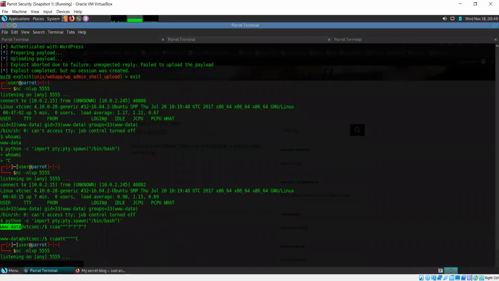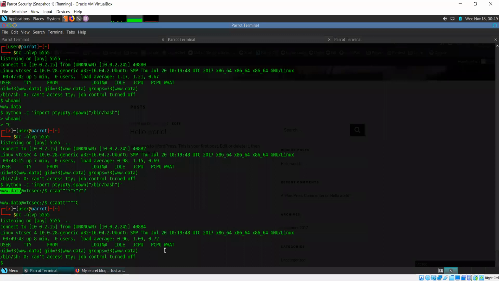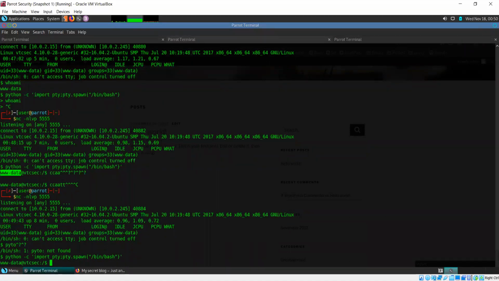Let us try the entire thing again. Apparently, we won't be able to use this kind of shell on this system because it's taking our input incorrectly.